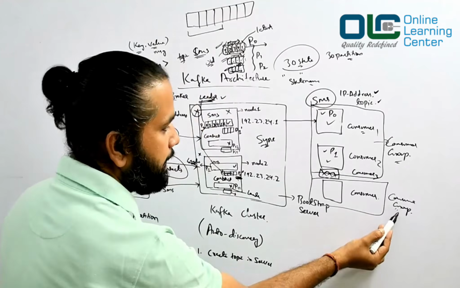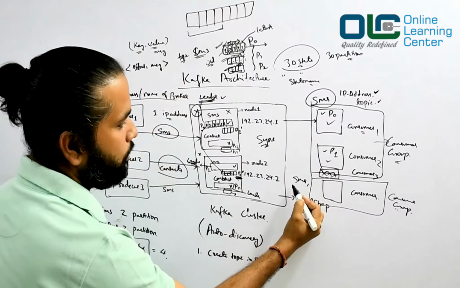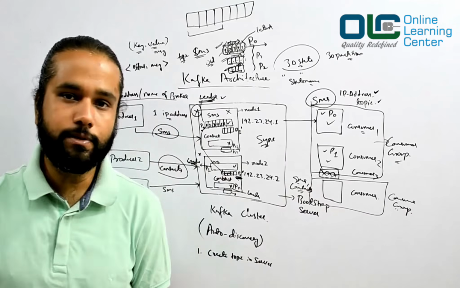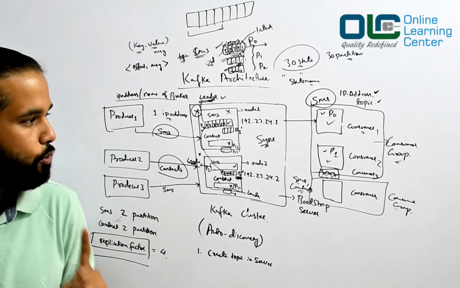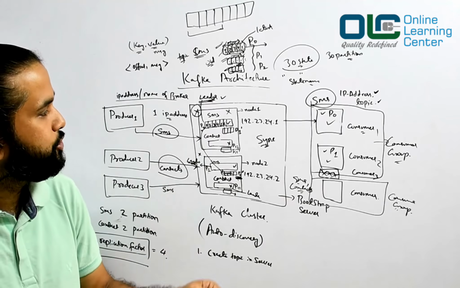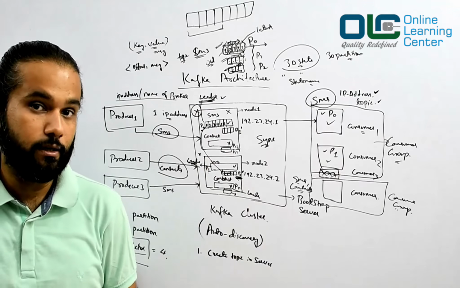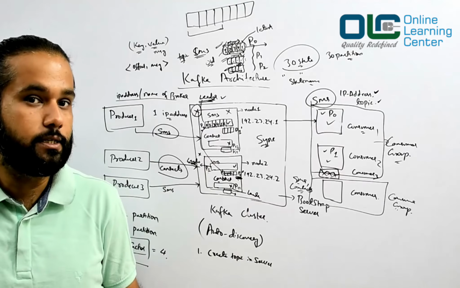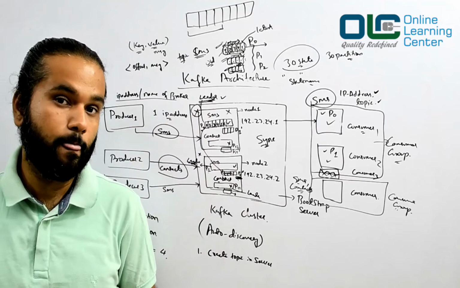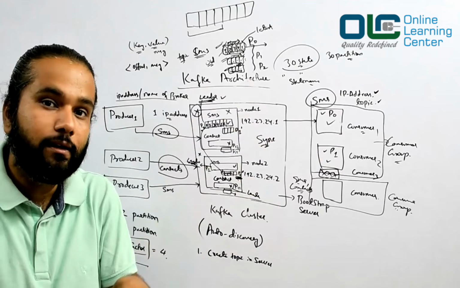Okay. And this guy can still consume my SMS data as well as my contacts data. So what I'm saying is there is no restriction that one consumer cannot consume a particular topic. You can have hundreds of different consumers. All these 100 different consumers might want to process the same topic, possible. But if you put them in a consumer group, then the story is different.